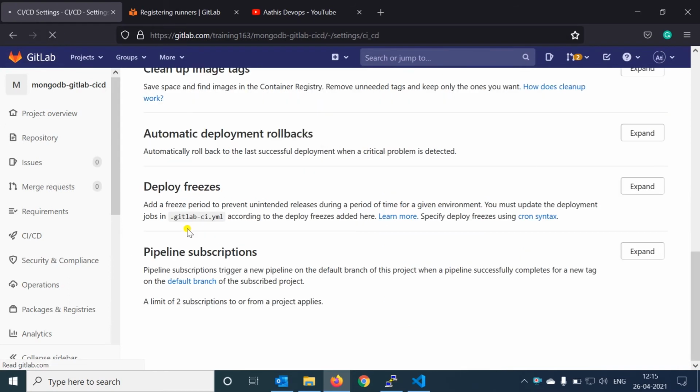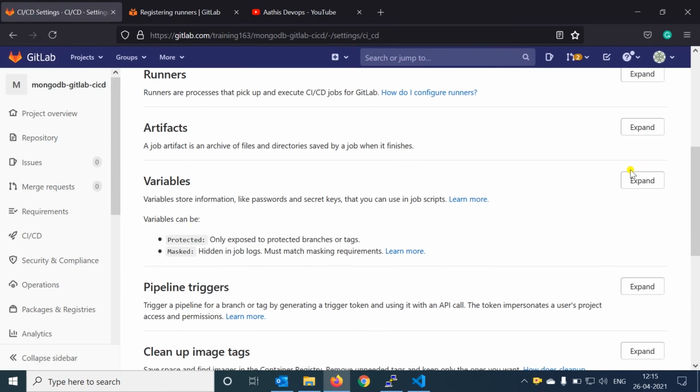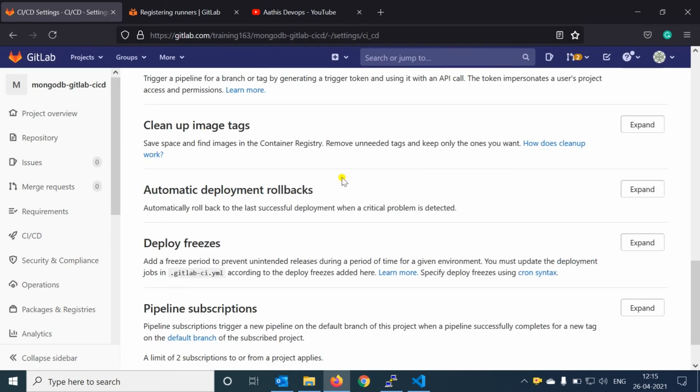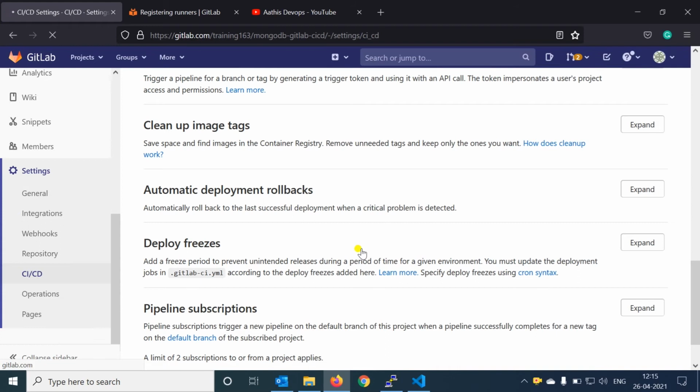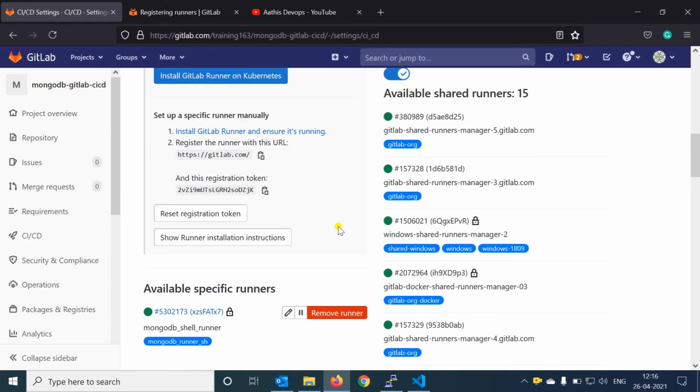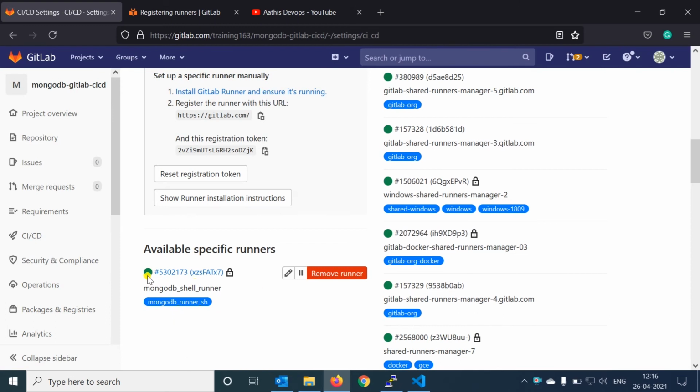Okay, so next we'll go for the tag name. I said that the GitLab runner which we created needs to be active for the success of the deployment. You see now it is a green color, so the runner is online.